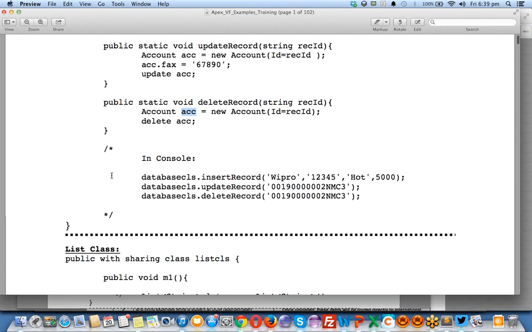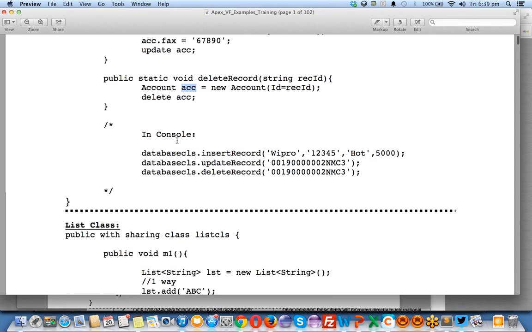Okay, again, in the console, when you are doing these operations, you're going to insert the record. Let's do one thing here.